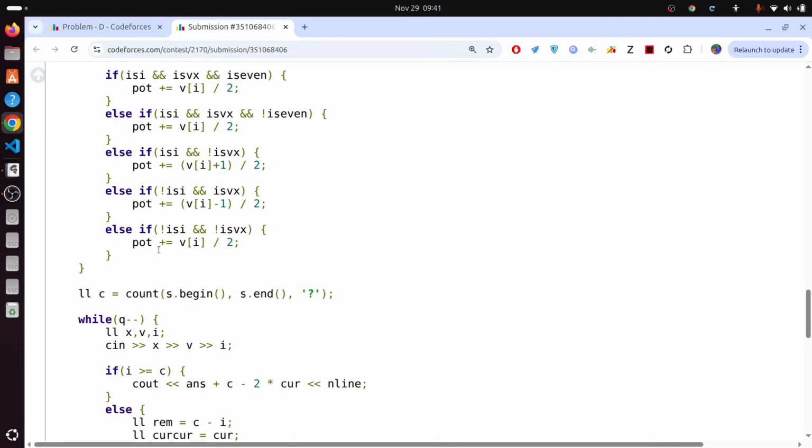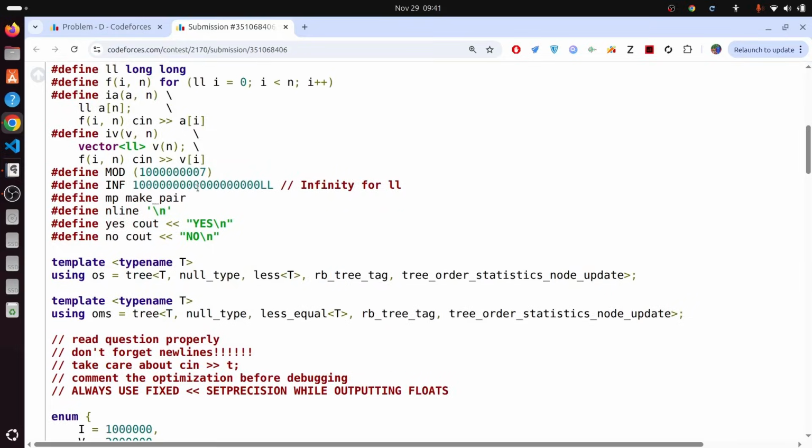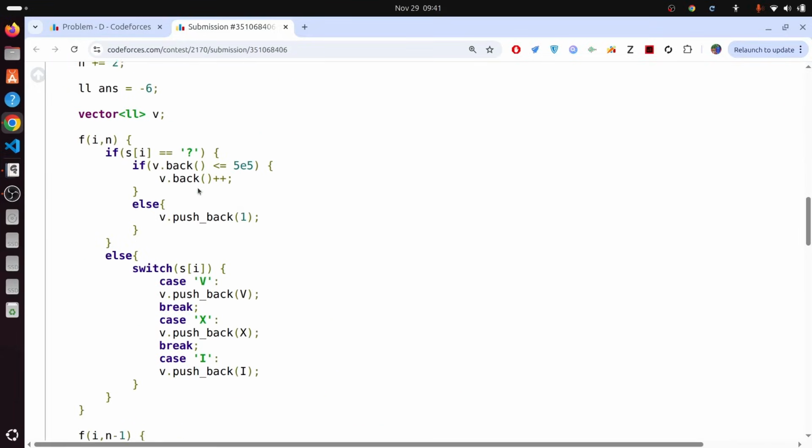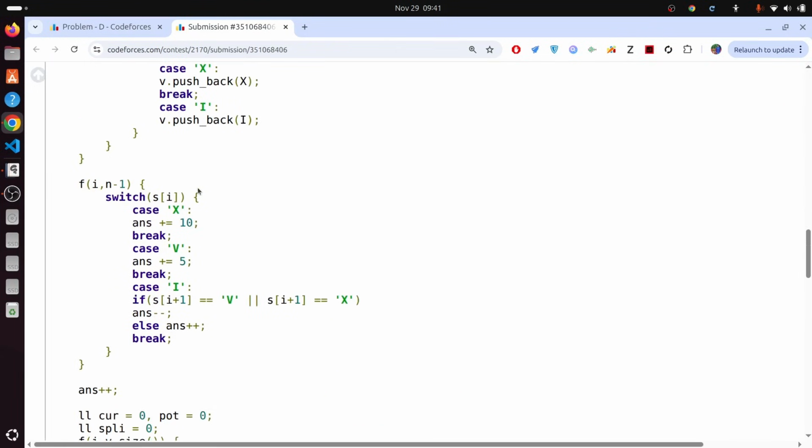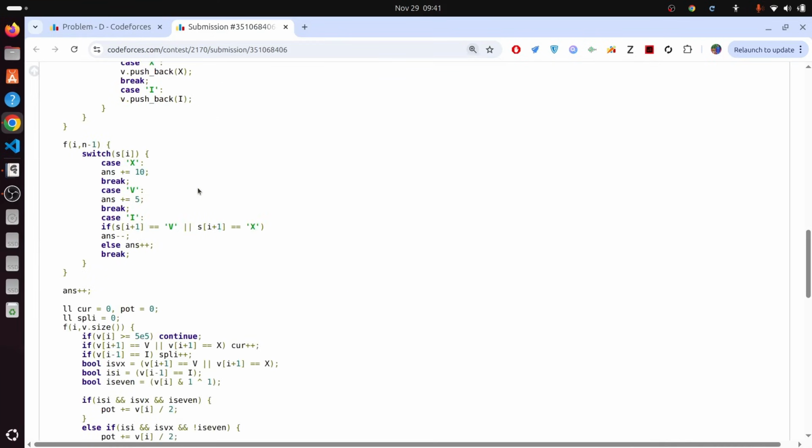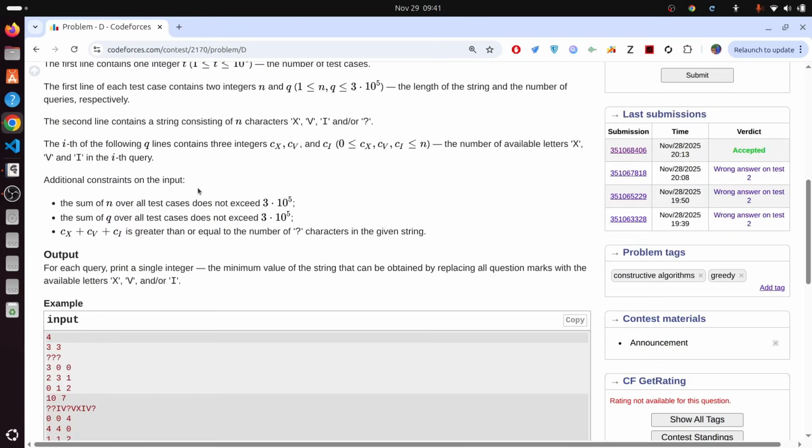So this was quite a tricky problem, very casework type, right? So yeah, this was D, and if you have any doubts then you can ask in the comment section below and I'll answer it. Okay, and finally we have problem number E,